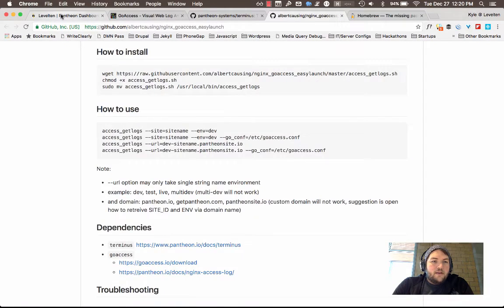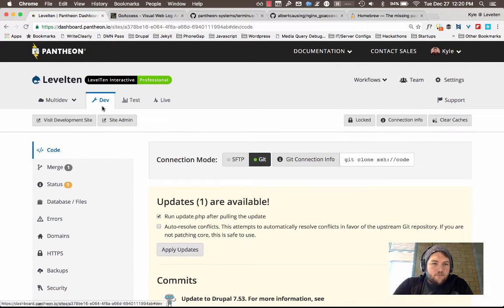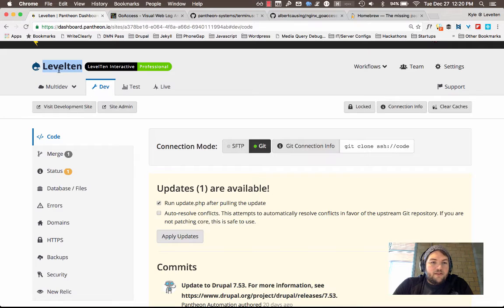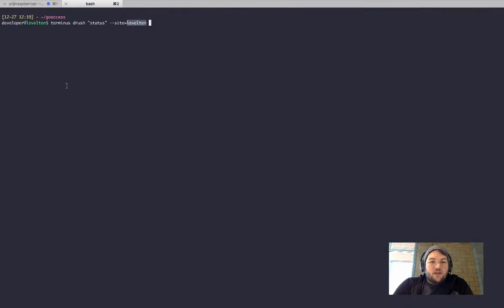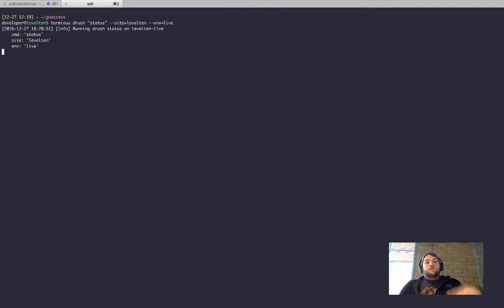So if you look at this, it's going to be this name right here. So if you have a 2-word name, say it was level-10 in 2 words, it'll be level-10, but in my case it's not. And we're going to pass an environment flag. So in our case, we're going to look at the live site. And so if I run this, it's going to run a status on the site,